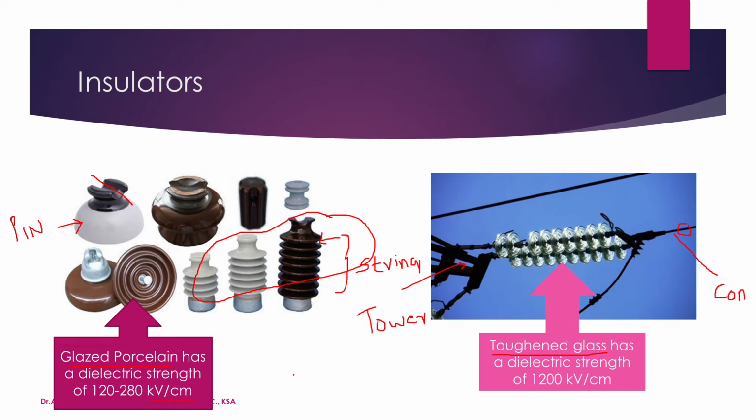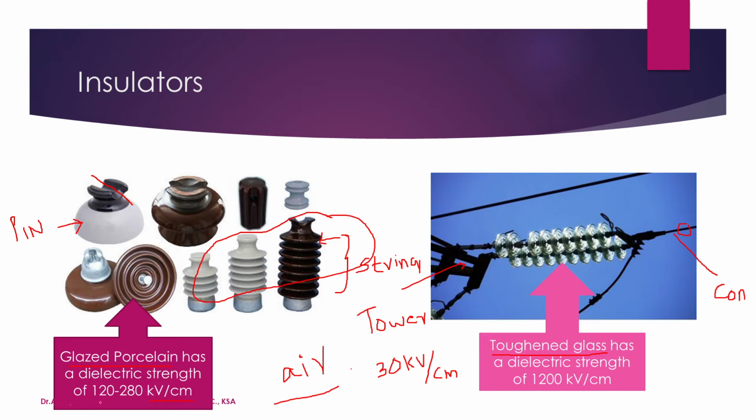Now you all know air is also an insulator. Air is not a perfect insulator, since a perfect insulator will never break down, but air can break down when the voltage is more than 30 kilovolts per centimeter. This is the breakdown voltage of air. We have already discussed this many times. Here I'm comparing air, which is an insulator, to porcelain.